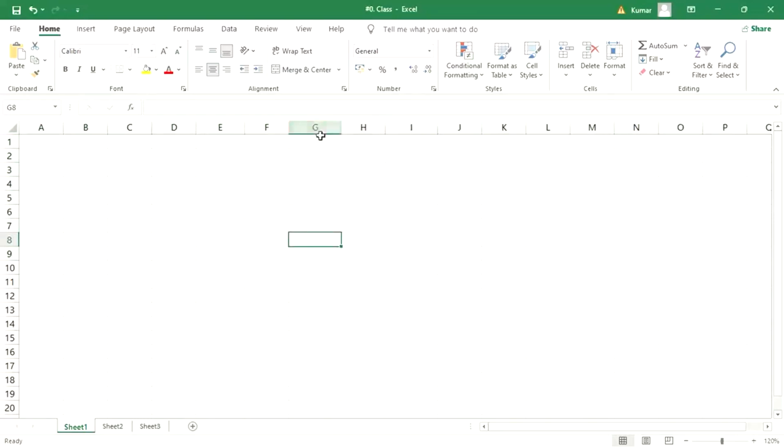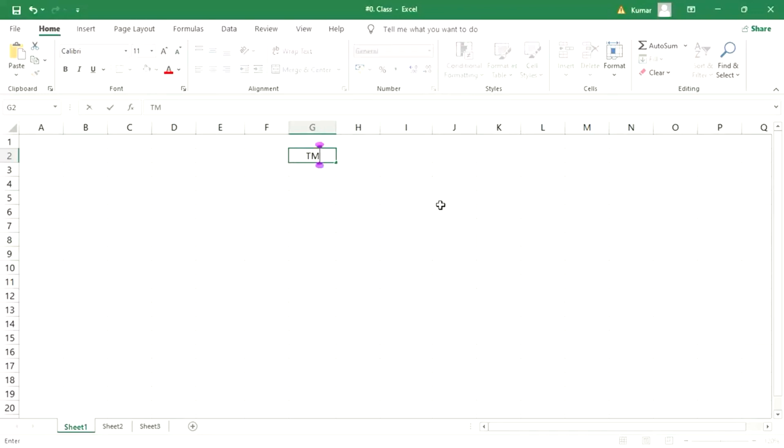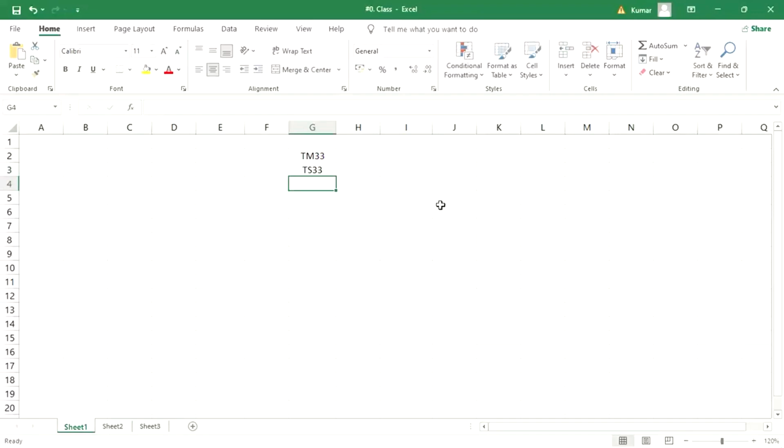Now the thing is, I said that let's suppose we have two company codes, TM33 and TS33, right? We have created a discount GL, that is 3001,